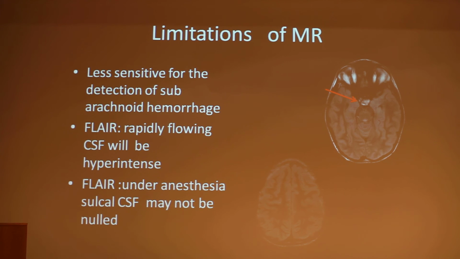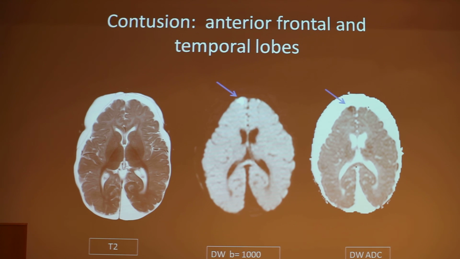Also, if we look for a subarachnoid hemorrhage, we can have a problem, because we are looking for it with a FLAIR protocol. In the basal cisterns, we can have artifacts from the flow of CSF. It looks white, so we can't detect anything that is not real CSF here. Also, in children under anesthesia who are getting 100% oxygen, the FLAIR is sometimes not good at nulling and making the CSF completely black, and then it would be difficult to pick up a subarachnoid hemorrhage. But the MR is really